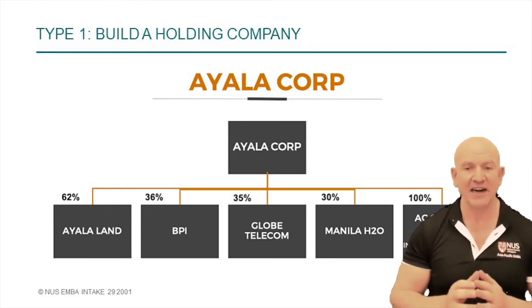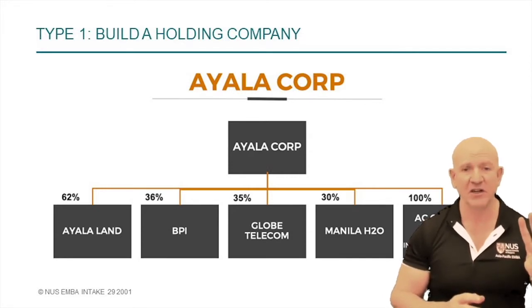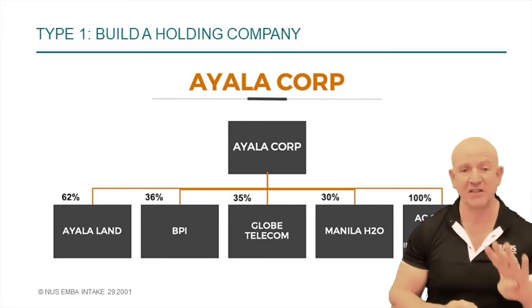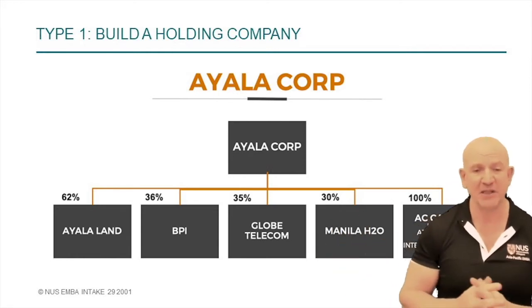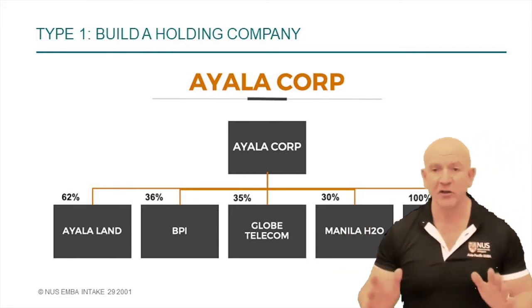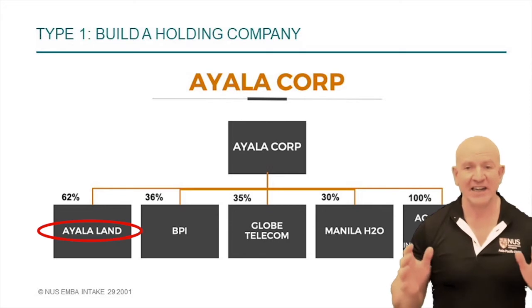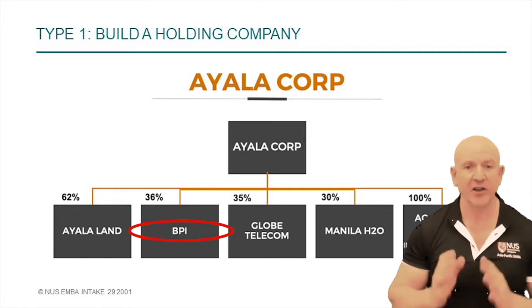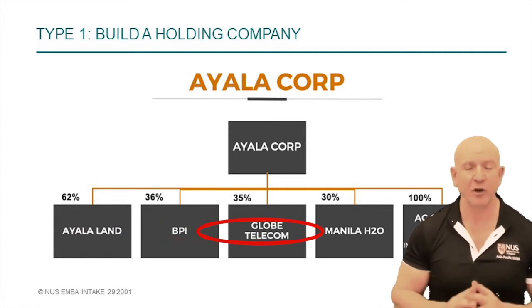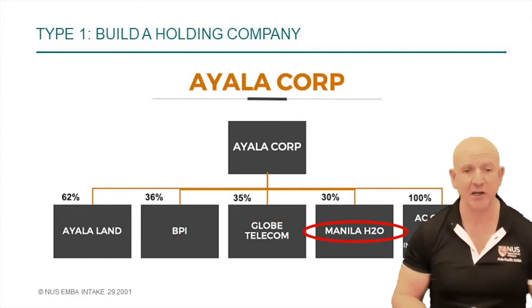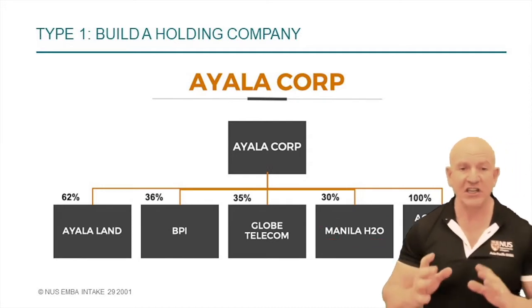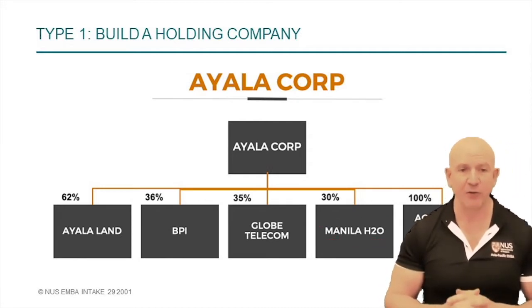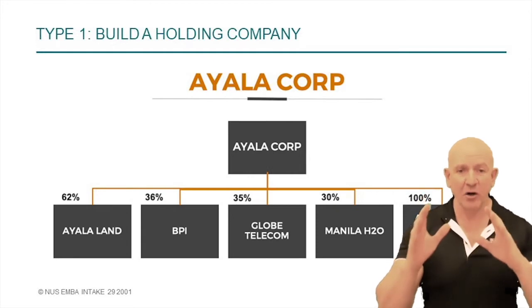AYALA Corp had, at one point in time, 4 main arms, or 4 main divisions, or 4 main businesses, plus a 5th division, the business called AC Capital. Those 4 main divisions were its company called AYALA Land, another one called BPI, or Bank of Philippine Islands, another one called Globe Telecom, and a fourth one called Manila Water, which I've called Manila H2O. What you can see in this simple diagram is the percentage of ownership of AYALA Corp in each of the